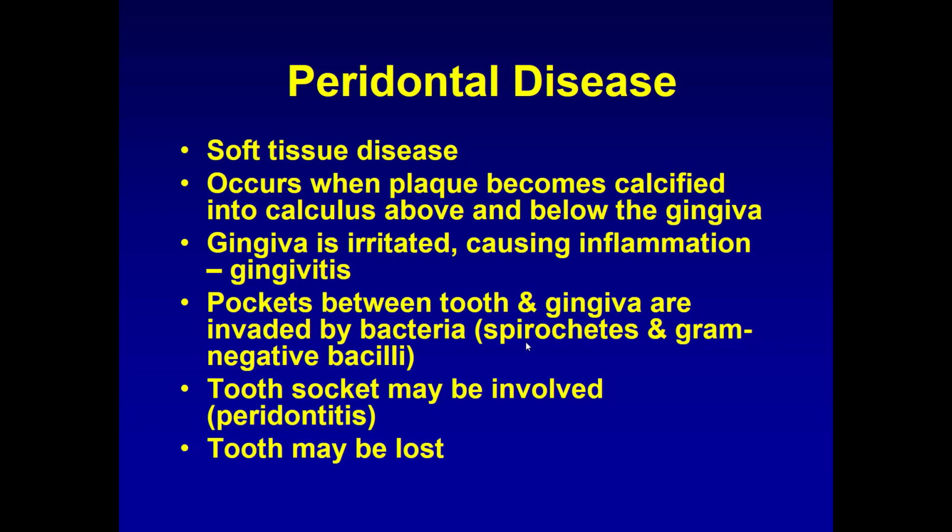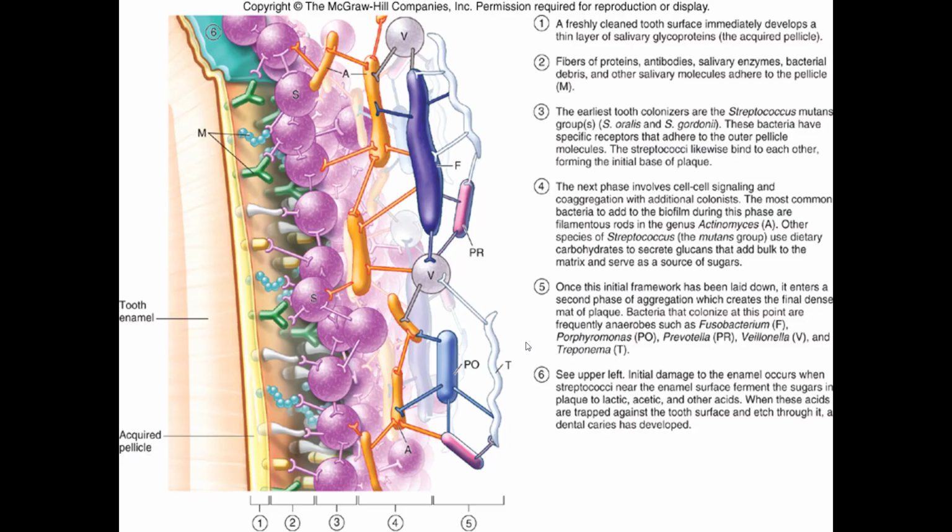So the very last slide that I'm going to show you is this one, and this is just a picture. You can see this S is all of your streptococcal bacteria. So this is, remember, the viridans group of Streptococcus, and what happens, they just adhere to these receptors on the surface of your teeth.